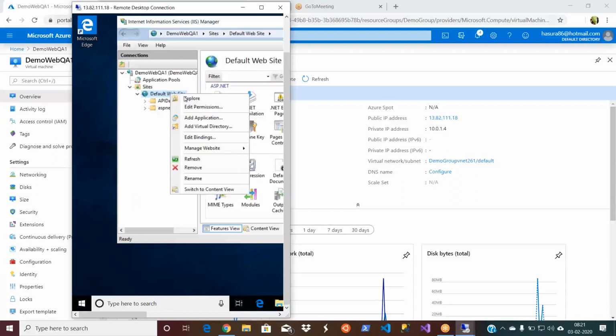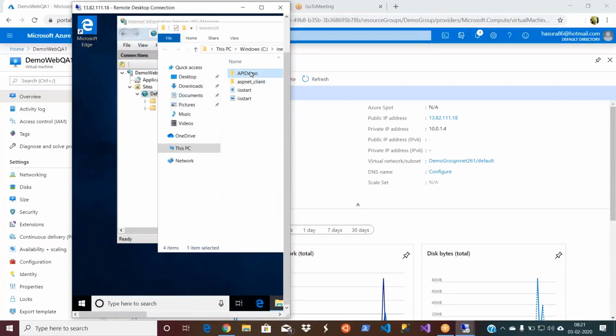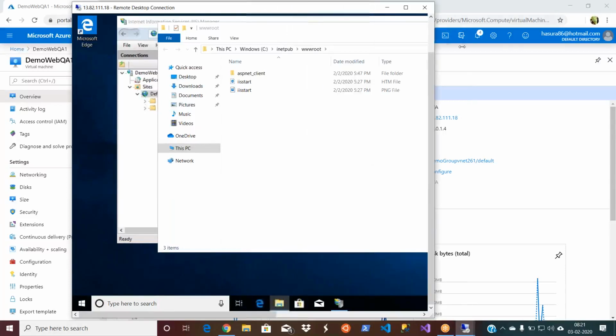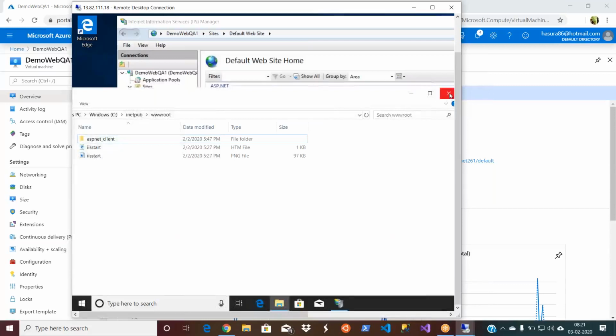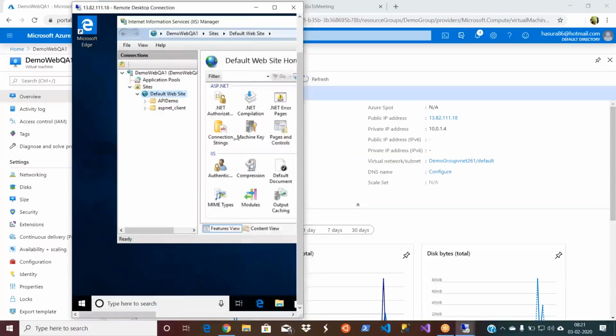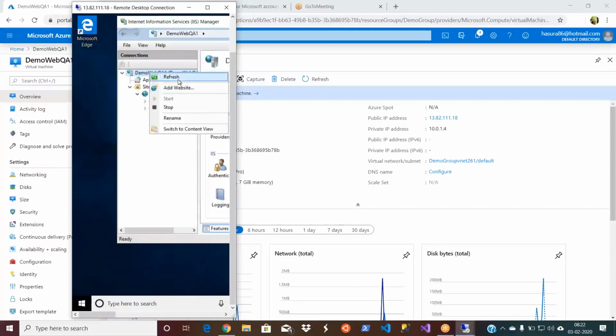Let's explore it. That is just a folder you can remove. So right now the QA1 is empty. There is nothing. Refresh. That's it. There is nothing on the default website.